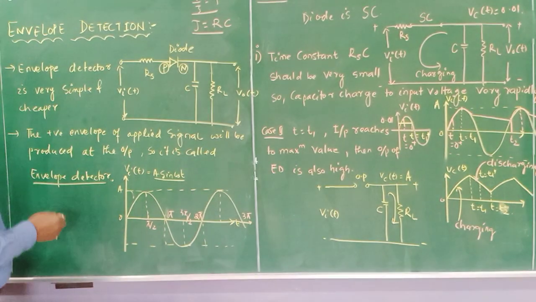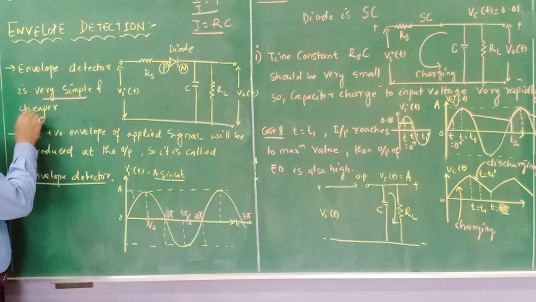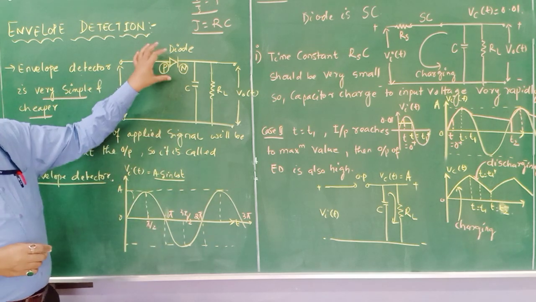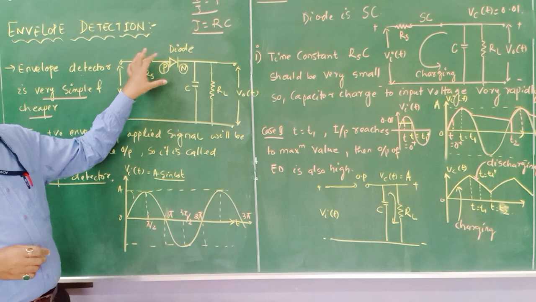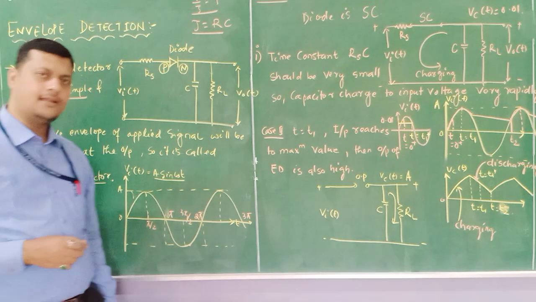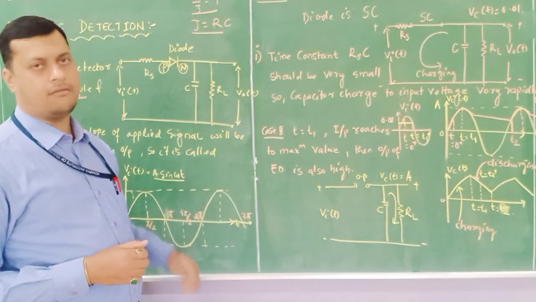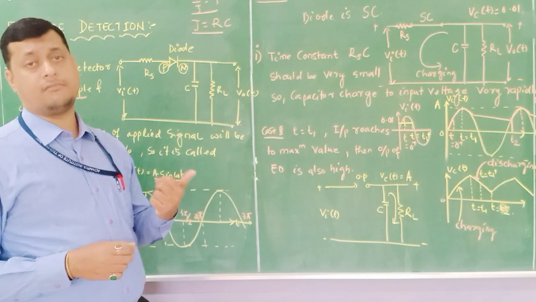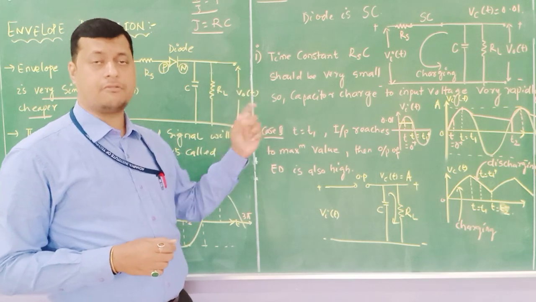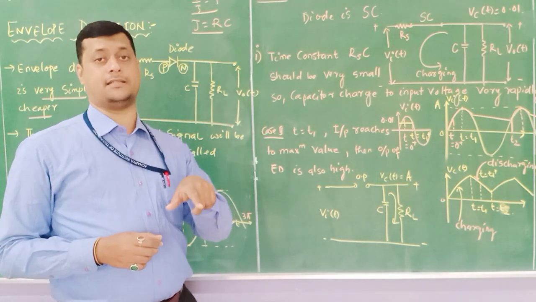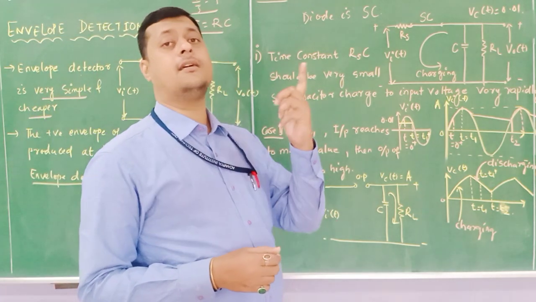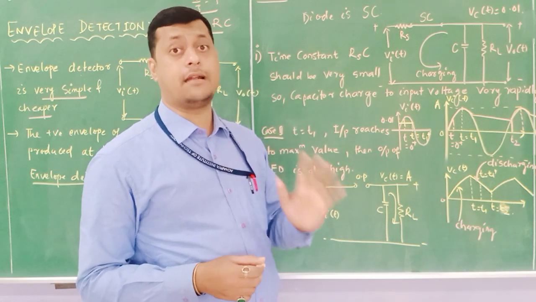Now first let us see, as I have written, the envelope detector is very simple and cheaper. Yes, it is very simple and cheaper. It is very simple to design. We require a diode in series with a resistance Rs connected with a parallel RC circuit. With the help of this we can extract the modulating signal as well as identify the presence of the carrier component also. And one more advantage of this envelope detection is that from the output available at this detector, we can know the mode of transmission, whether we have transmitted the signal under modulation, critical modulation or over modulation. This is the advantage of envelope detectors.